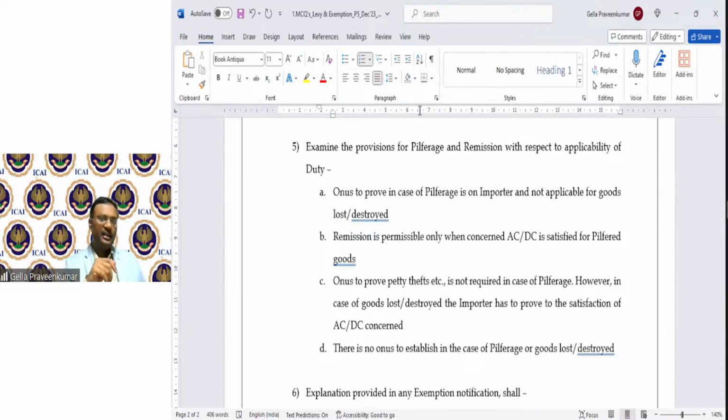Understand carefully responsibility and pilferage. As I say, all the options are very, very self-explanatory to understand. If you can carefully read in between the lines, you'll get clarity which is the right answer, which is the incorrect answer.